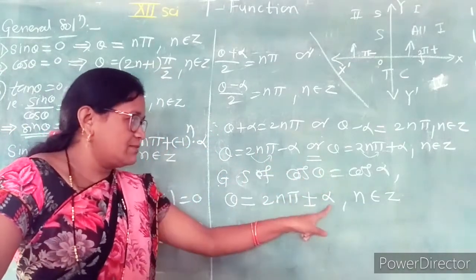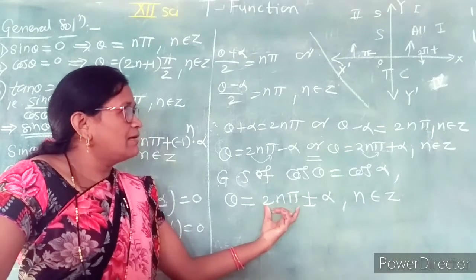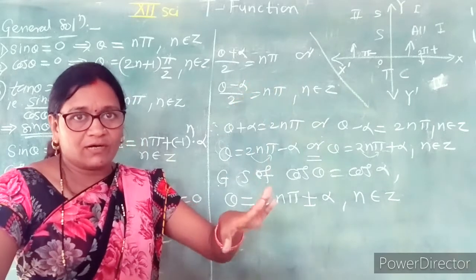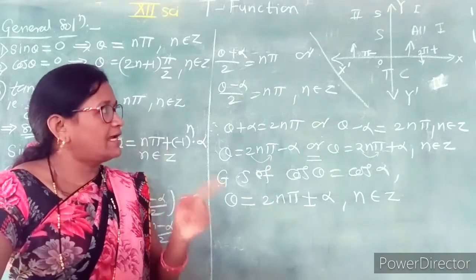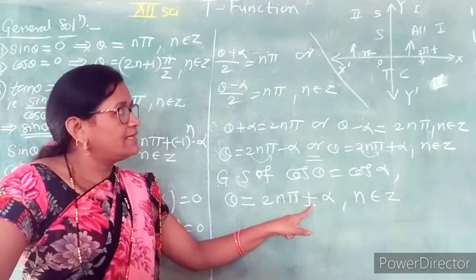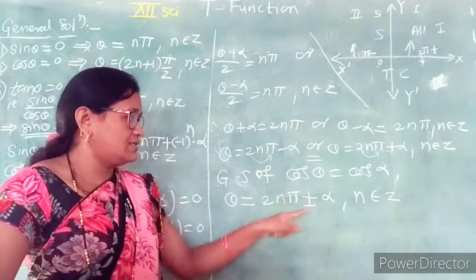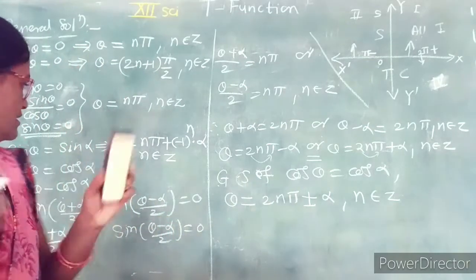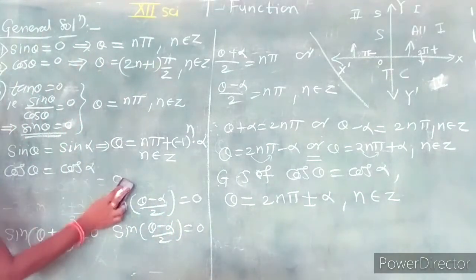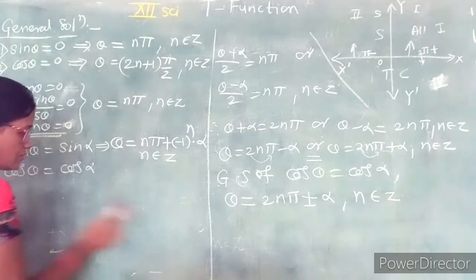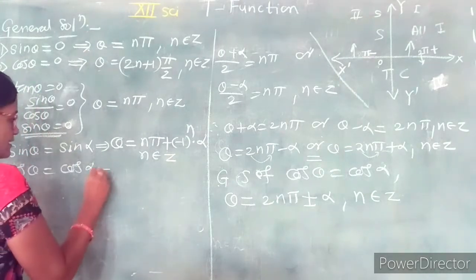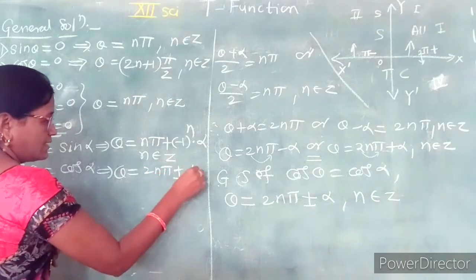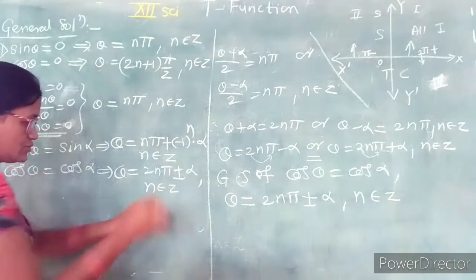Theta can be expressed in terms of alpha, but that is with even multiples of pi. So the angle may lie in the first quadrant or in the fourth quadrant. In the first quadrant the angles are greater than that even multiple, and in the fourth quadrant the angles are less than the corresponding odd multiple. So this is the general solution for the trigonometric equation cos theta equal to cos alpha. We get that the general solution for theta is 2 n pi plus minus alpha, again n belongs to Z.